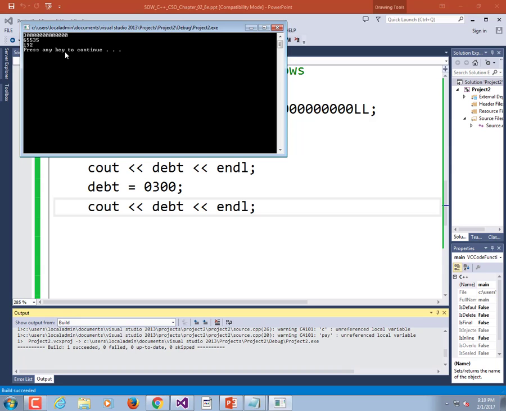Octal. 8 to the power of 0, 8 to the power of 1, 8 to the power of 2. Well, anything to the power of 0 is a 1. 8 to the power of 1 is an 8. 8 to the power of 2 is a 64. So the number 300 in octal, we want to convert it. That's 3 times 64. Somebody want to punch that in their calculator? Figure it out in your head. Plus